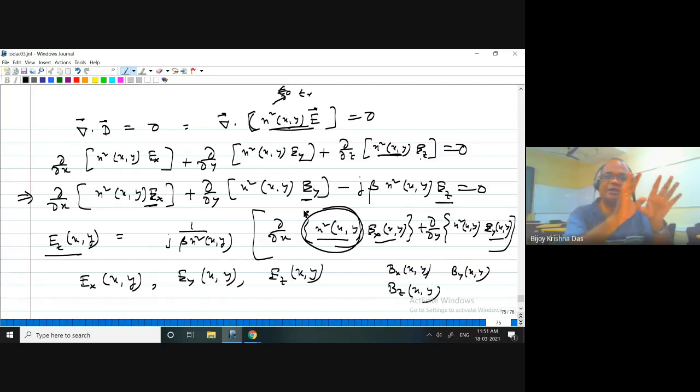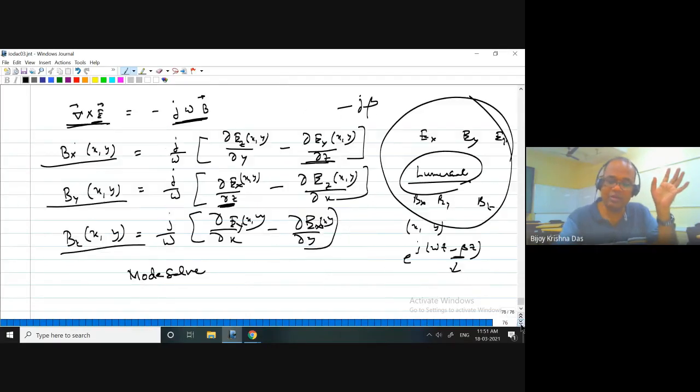So you can get a matrix of refractive index at every point, every coordinate, and you have to give that to your simulator. The simulator will use all these equations to solve all the 6 components at the same time, corresponding to the beta value. So that is how a numerical mode solver works.